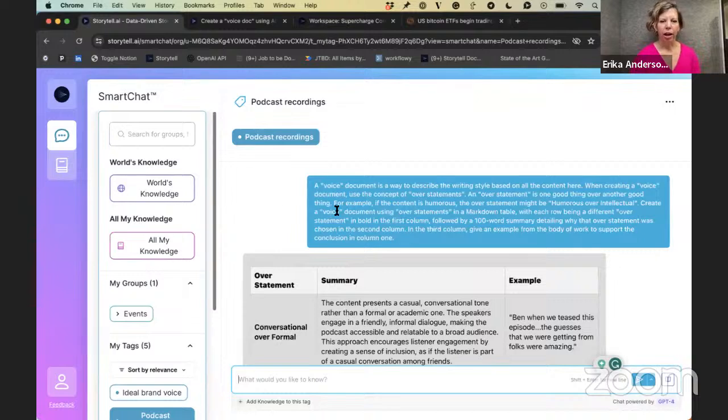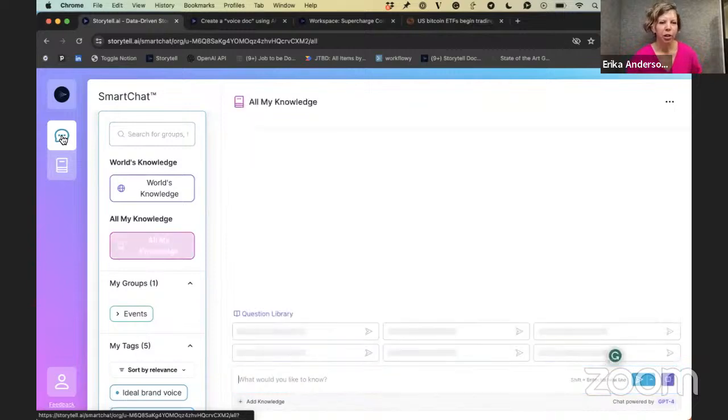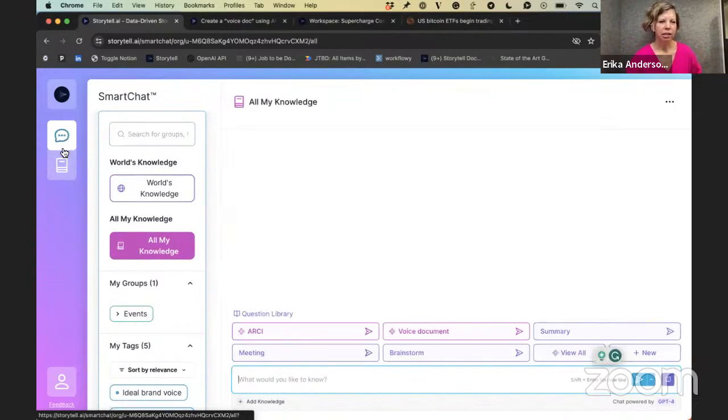Okay, so we'll be going into this in a moment, but just to orient you, we've got Smart Chat here. You've got two tabs basically. You can click on our logo to go back to log out, and you can click here on your personal profile to go to your organizational knowledge. So if there's other people like you, for instance, Jeff on the call, I know you've got colleagues at your organization. When you click here, you can see what your colleagues have uploaded and made available to the organization. What's been made available that you can chat with, create content from, etc.